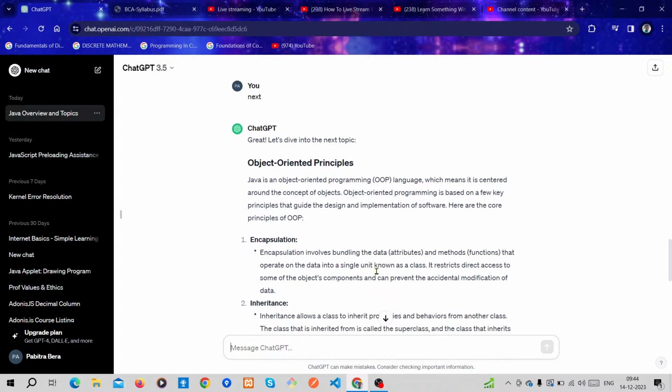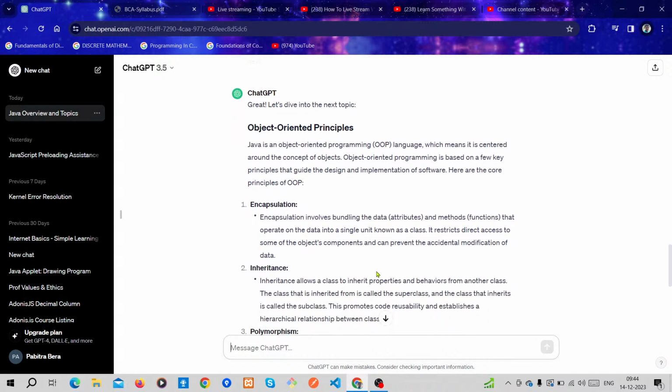ChatGPT is very fast. If you tell it to do something, it will do it for you very fast. If you use it in your study or in your daily life, then you can improve yourself much better than by using other things.